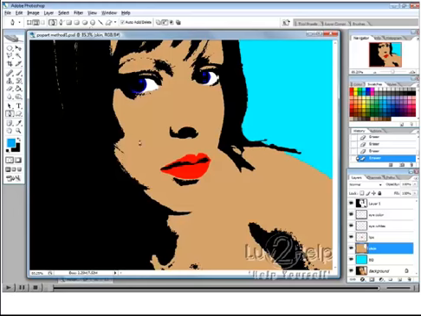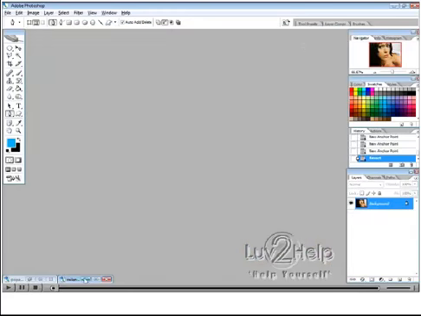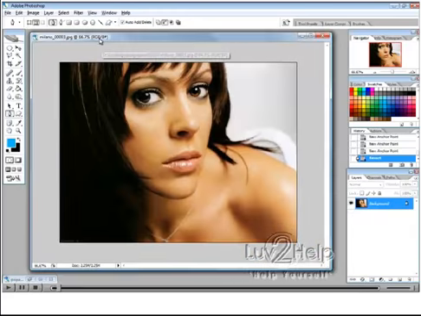So today we're going to learn how to create a pop art effect, and we're going to call this method 1, and this is the result that you will get. Okay, so you want to select an image that you want to work with. So I'm using this one here, and then we want to select our pen tool, and then we want to